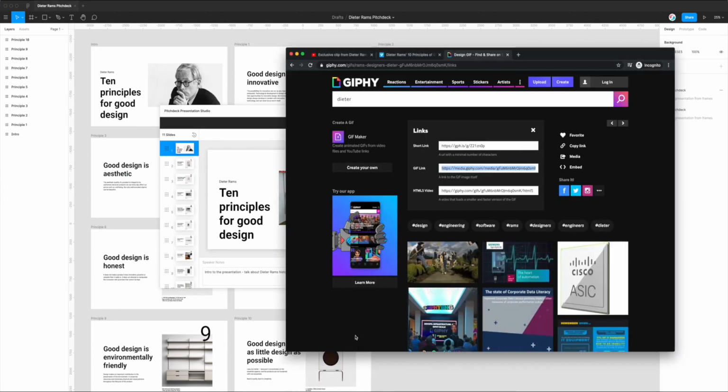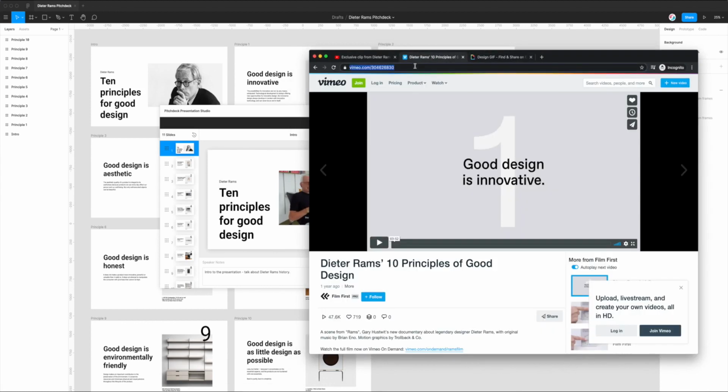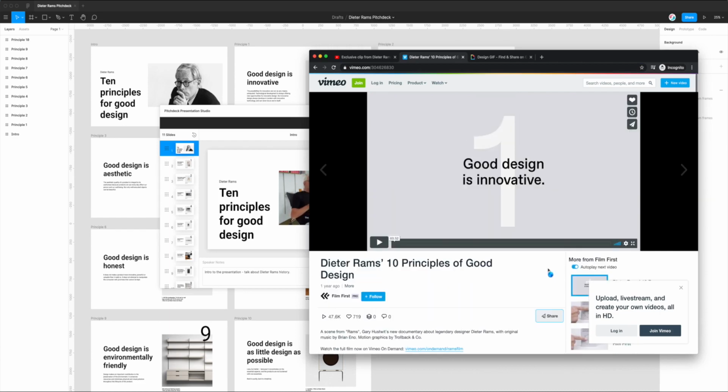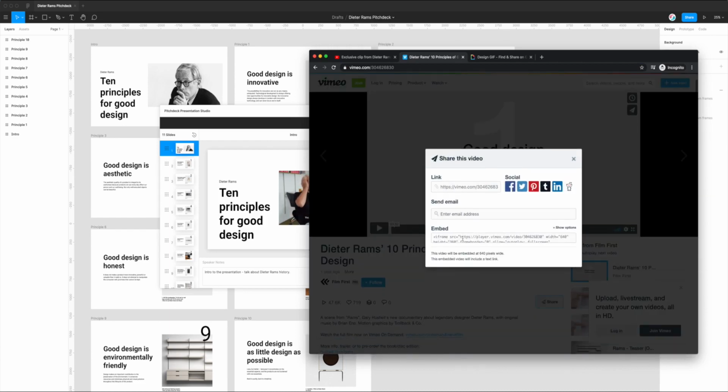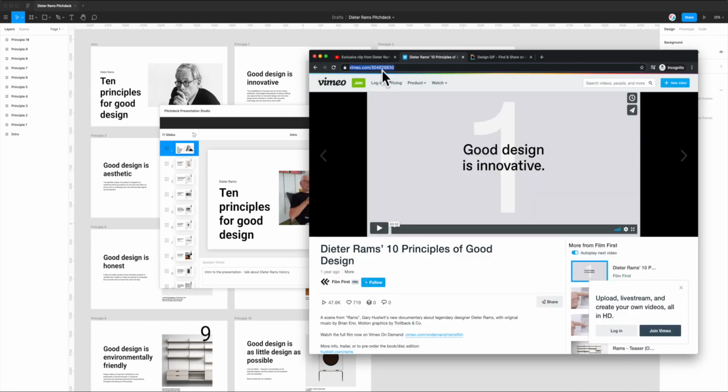So if I jump back to my browser, this time I'm going to use Vimeo, and if I just copy this URL, and notice that I've just copied the URL itself. I haven't had to go down to share and then go to this embed code and figure out what's going on there. I don't need to touch any of that. I can simply just go up here to the main URL of the video, copy that,